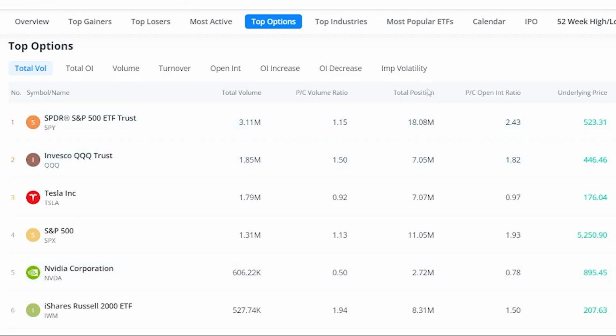So this is total position, but in terms of volume, here are the leaders. SPY is 3.11 million. Invesco QQQ is at 1.85. Then we have Tesla at 1.79, SPX at 1.31, and then finally we have NVIDIA, which is the only one that's below a million, which is